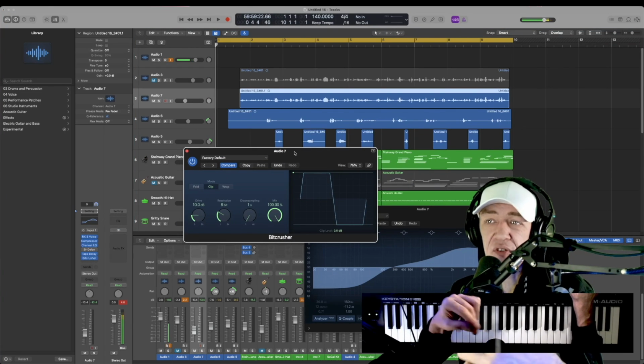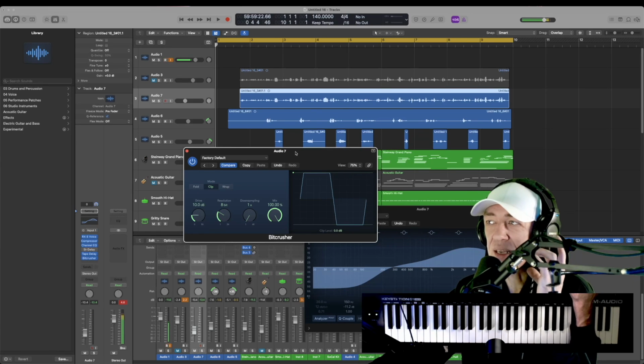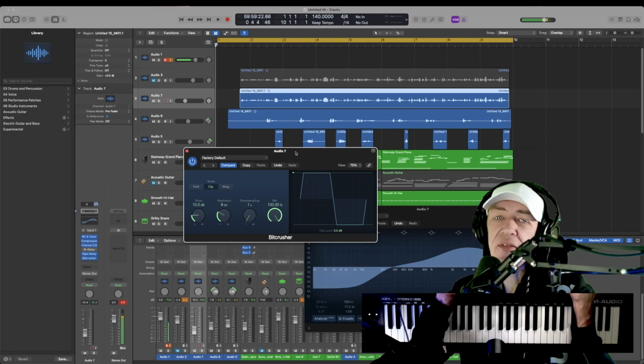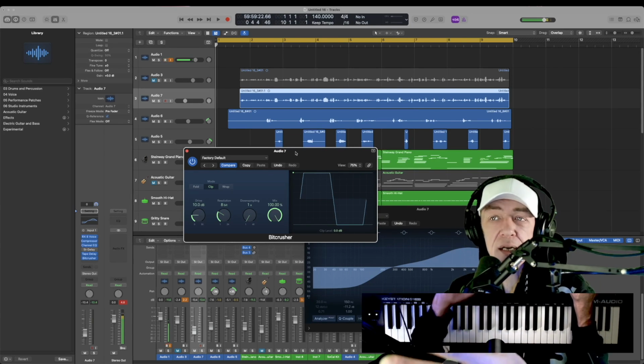You're basically going to get different variations of granular texturizing and distorting and destructing and downsampling of your vocal. That is how to effectively use bit crusher, overdrive, and phase distortion on your vocals or on keys in Logic